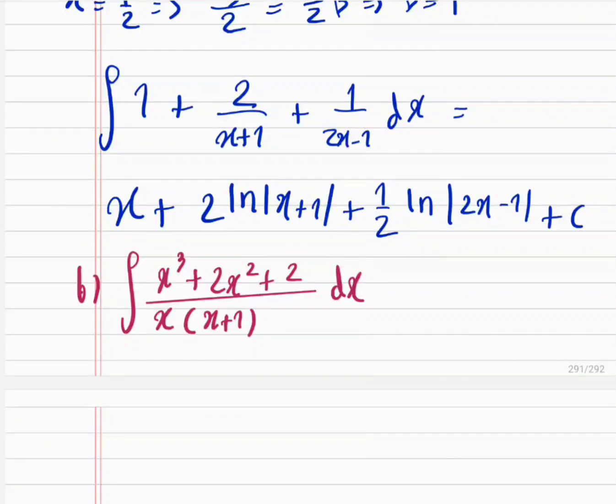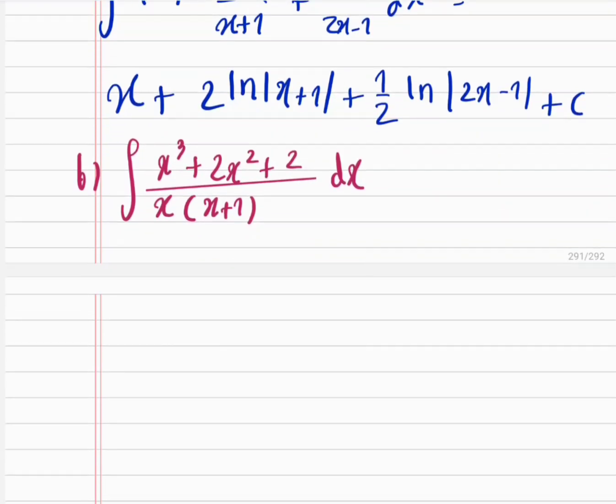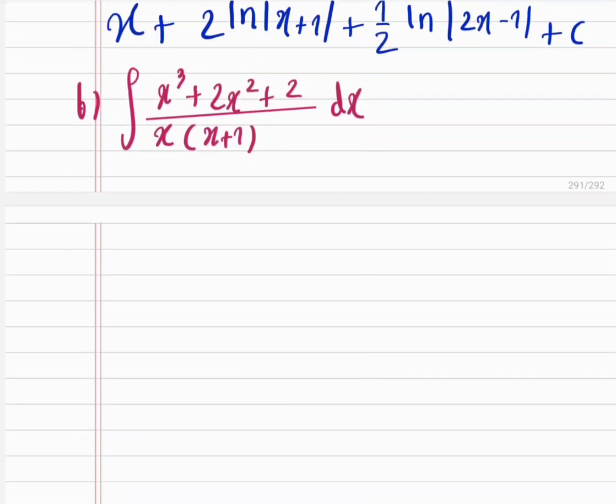Exercise 11G question 2b. So we want to integrate this fraction, and this is basically integration by partial fractions, since we have a fraction that has lots of algebraic terms, and I think this is very clear that it's partial fractions. Now, in order to write this as partial fractions, we need to remember that partial fractions only work when we have a proper fraction, but this is an improper fraction because the numerator has a higher power than the